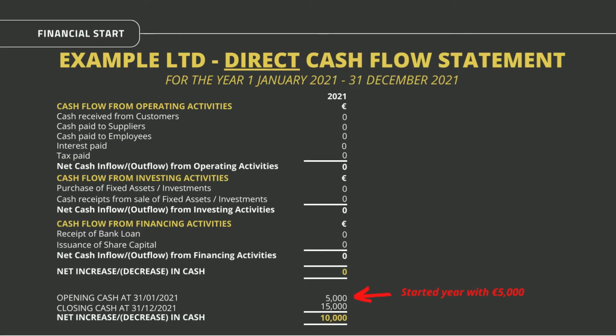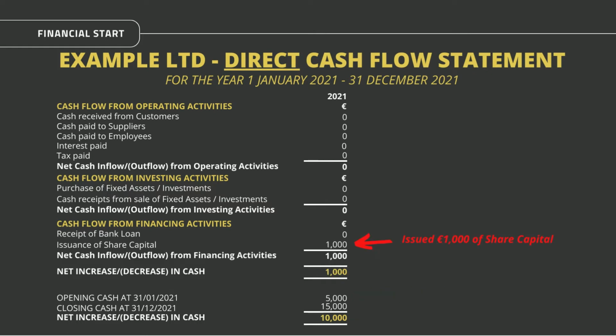Let's take a look at both of these statements to see the difference. We'll start with the direct method. Let's take a look at the cash flow statement for a fictitious company called Example Limited. They started their year with €5,000 in the bank. By the end of the year, they had €15,000 in the bank. And so we now know the cash movement for the year was €10,000, but we need to know how the